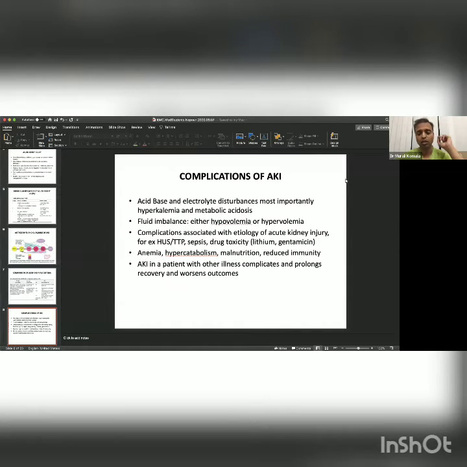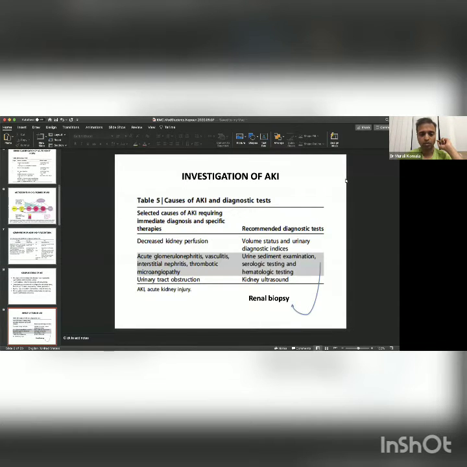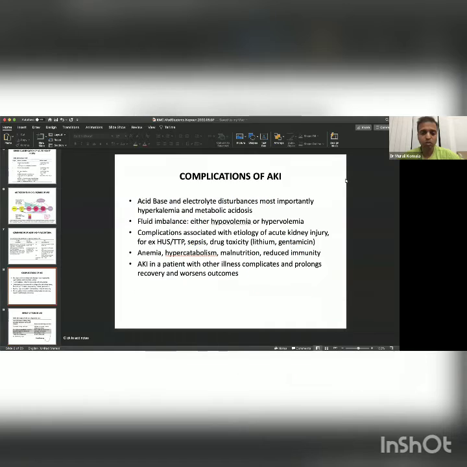If you ask for two things, one is acid-base electrolyte disturbance and the other is volume status. So these are two things you really need to manage. Okay, so once you establish the electrolyte disturbances and the management of them,